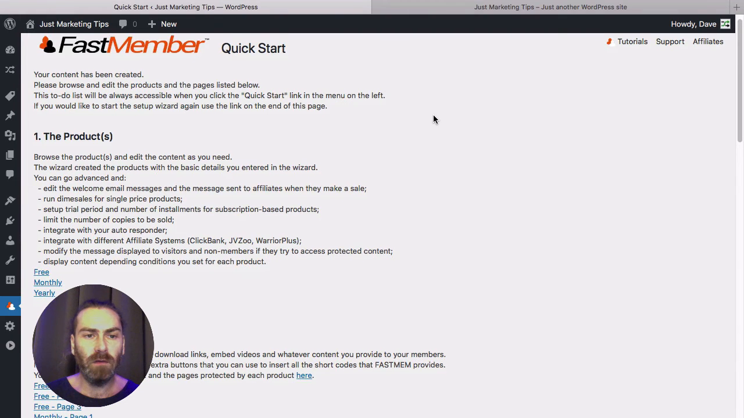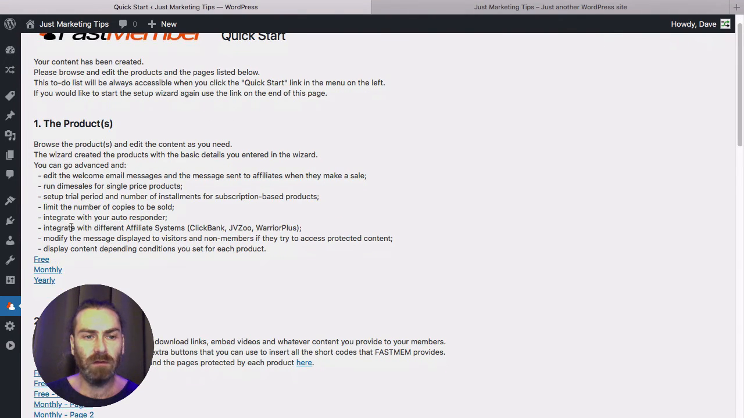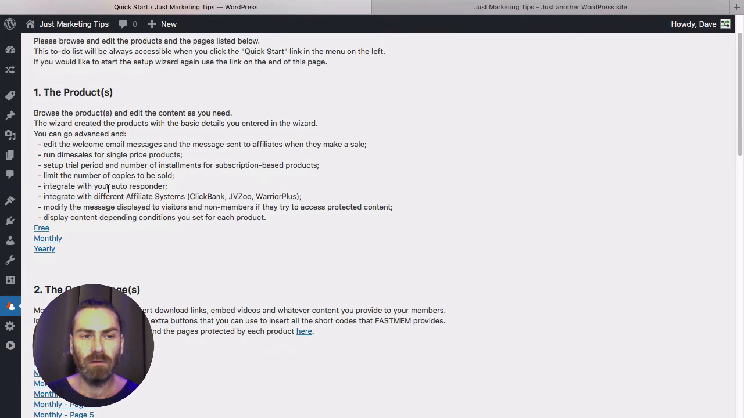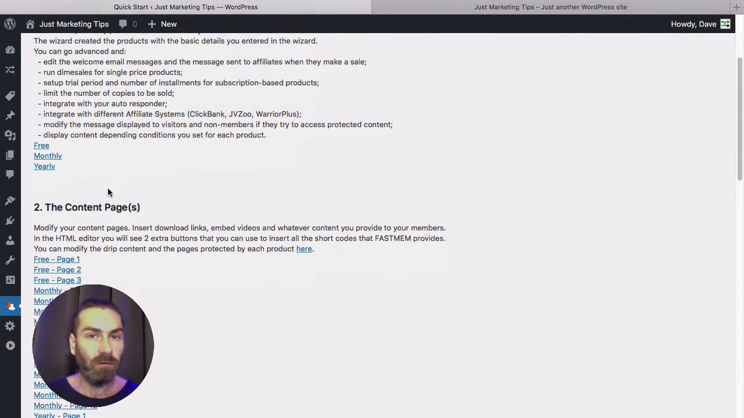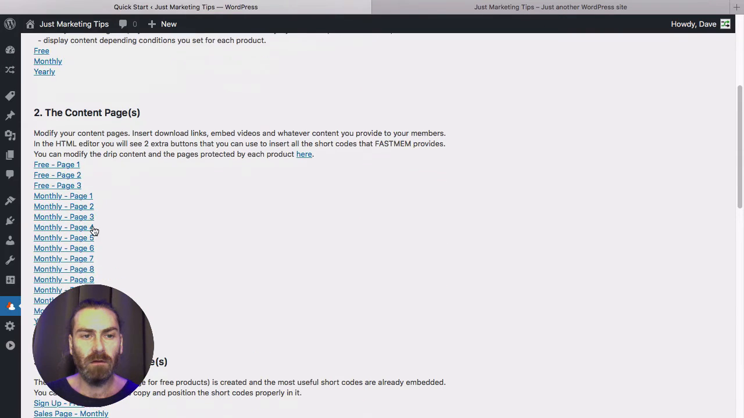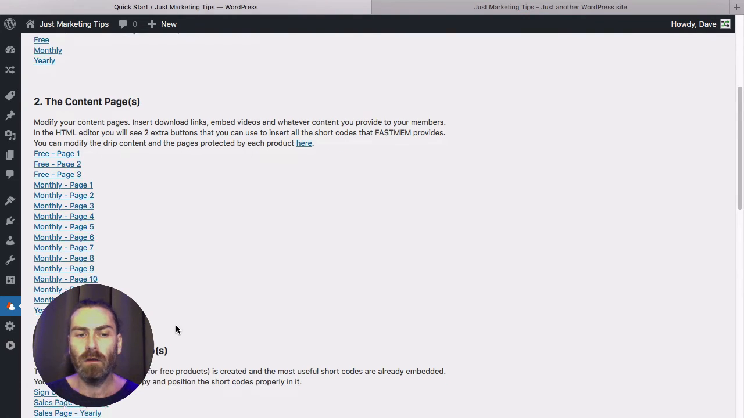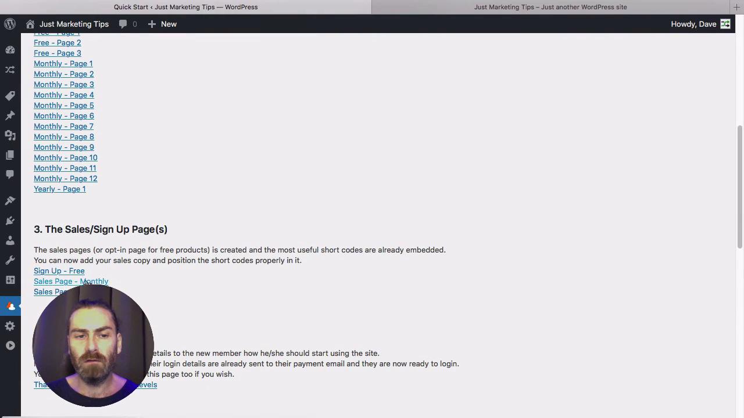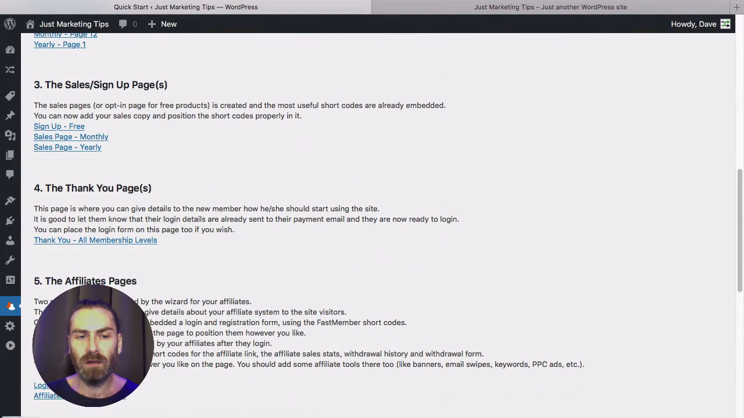And you can see that the Quick Start Wizard has done its thing. It's giving you basically a checklist of everything we're going to be running through in these videos. So we've got our 3 products that have been created, and then a list of the content pages. So there's 3 pages for the free, monthly pages, there's 12, and then there's a yearly page, 1. And then the sales and sign up pages, thank you page, affiliates